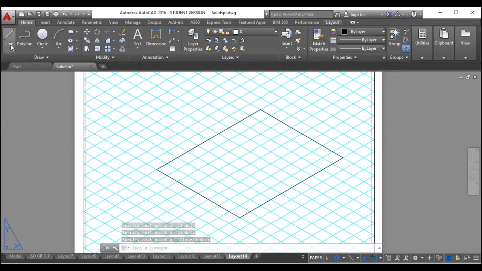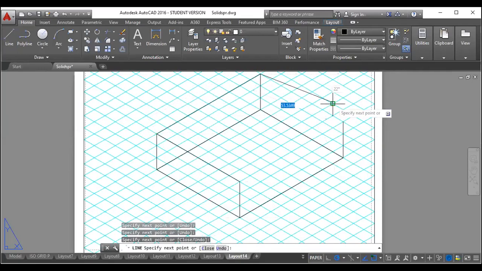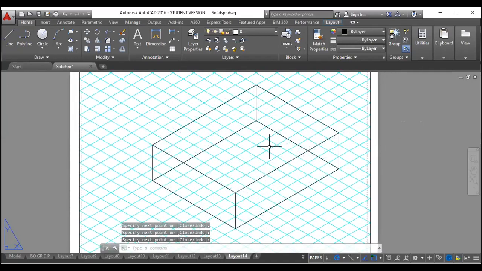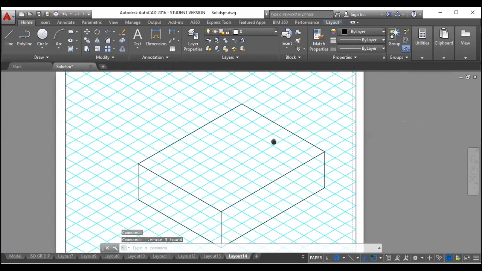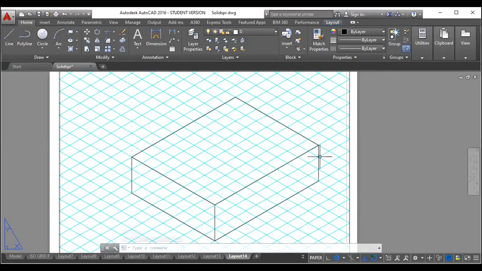Thickness is 30 mm. So from each corner, 30 mm thickness, that is 3 units vertically will go. So 30. And then from here also 30. Then you will join all the top face of the boxes. Okay, that's it. So the hidden edges will not be shown. So these are the hidden edges of the box. This I'll remove. So this is a block of 100 by 80, thickness 30 mm.